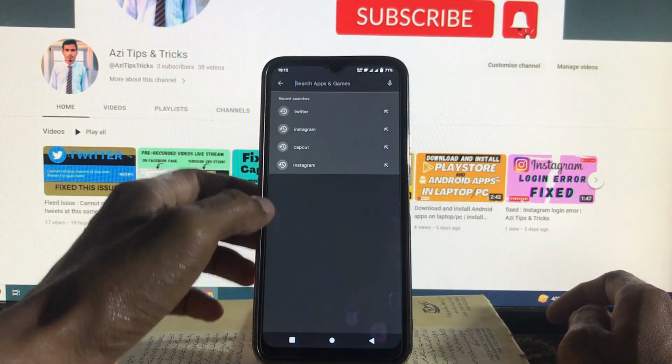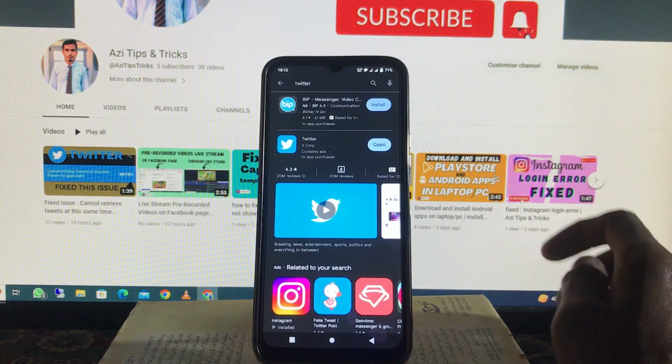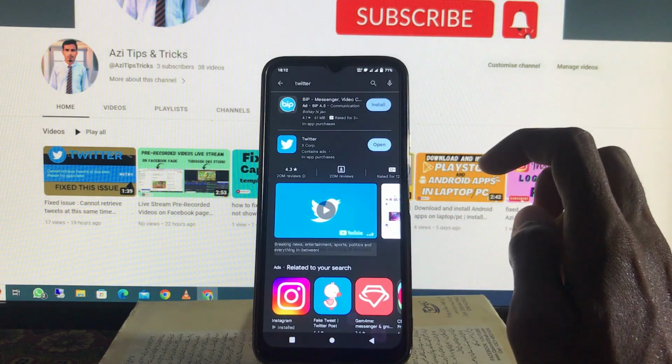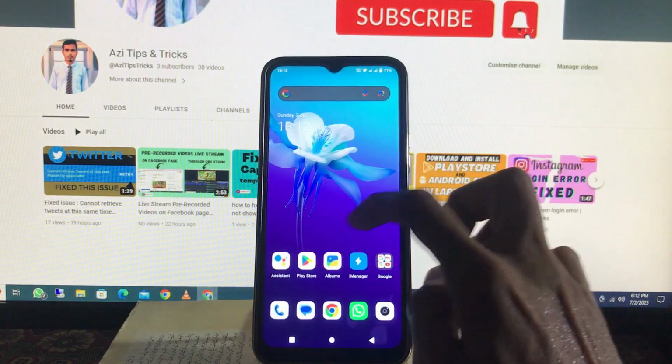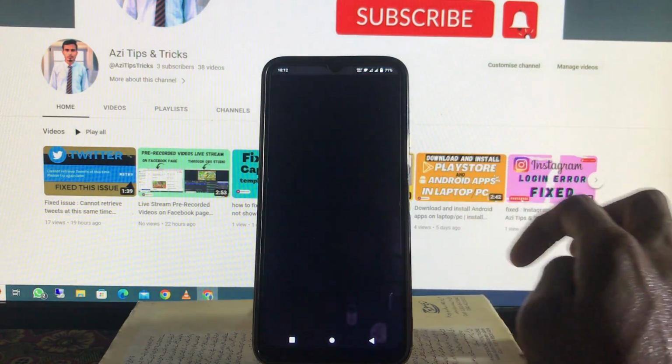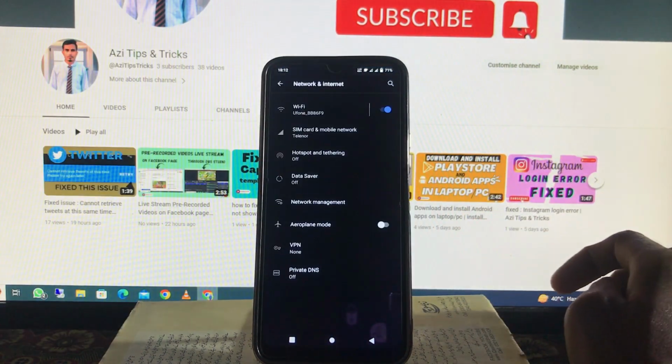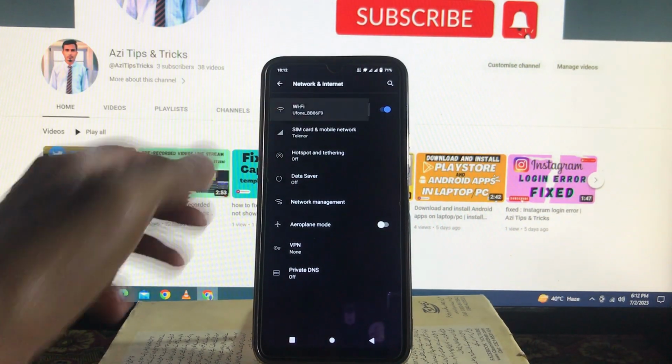and search here Twitter. So search here and make sure that your Twitter app is updated. If not updated, then you need to update it. And after this, go back and open your settings again and click on Internet and network and click on Wi-Fi